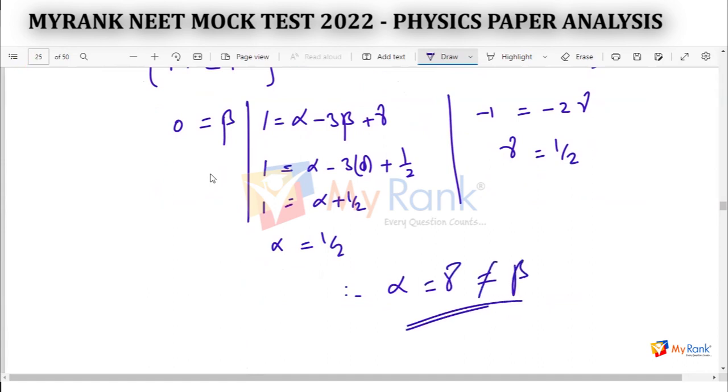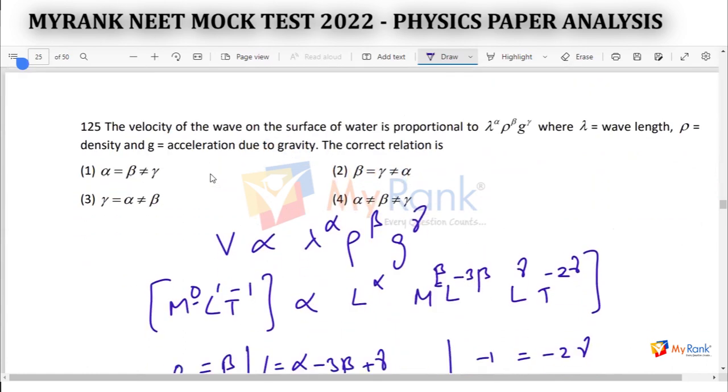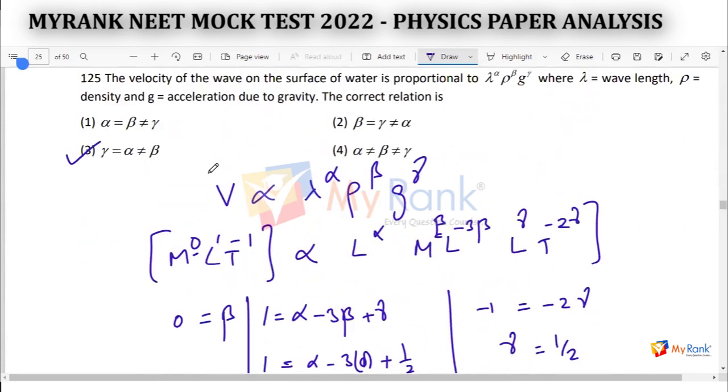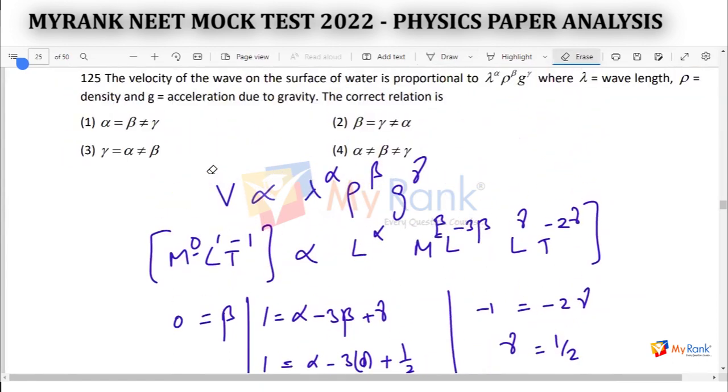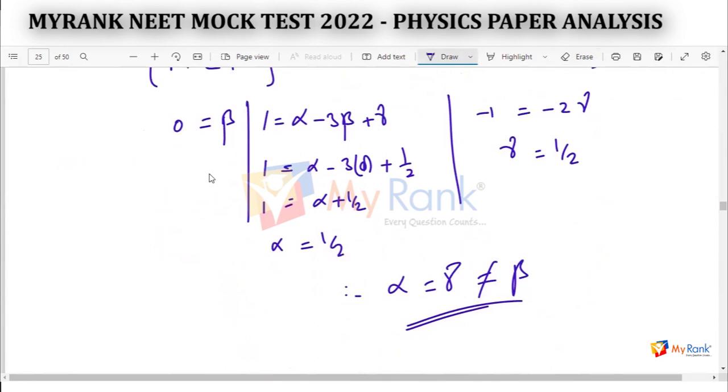This is the relation. See where it is. Alpha is not equal to beta, gamma. See this one. See the correct option. Alpha 1 by 2, gamma 1 by 2, yes, not equal to beta. Yes, this one. The third option is the right one. Correct only. This is the correct answer. And next,